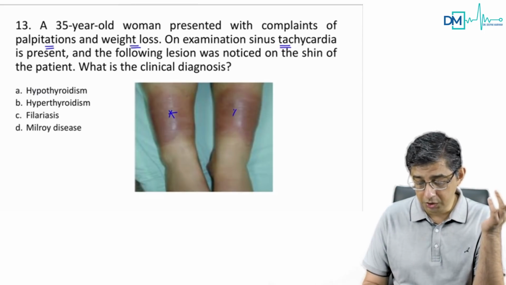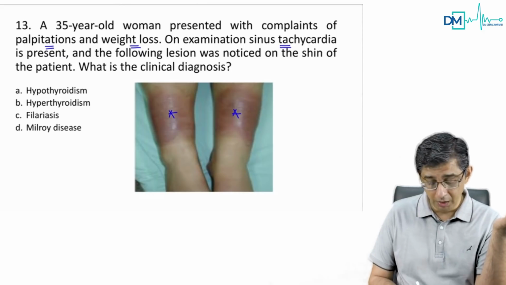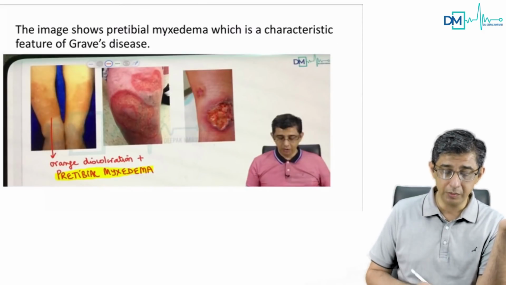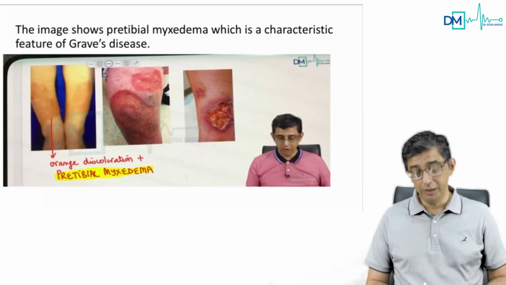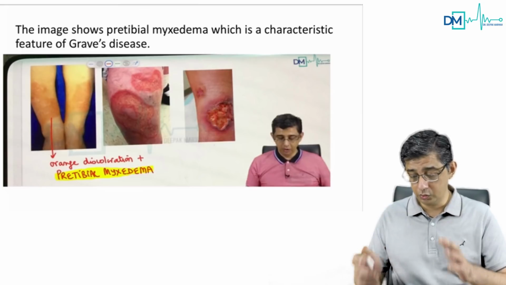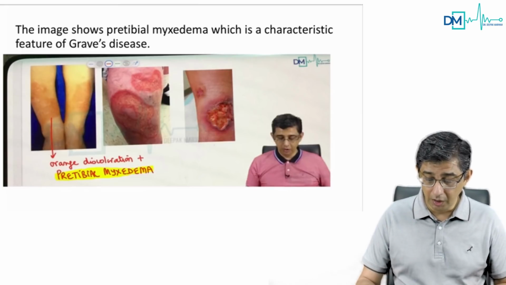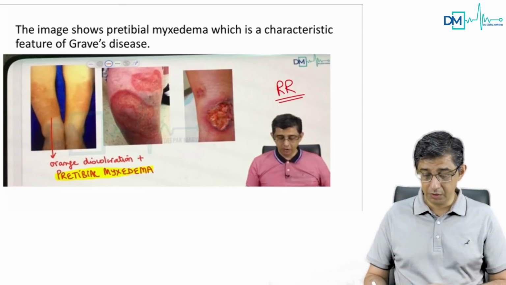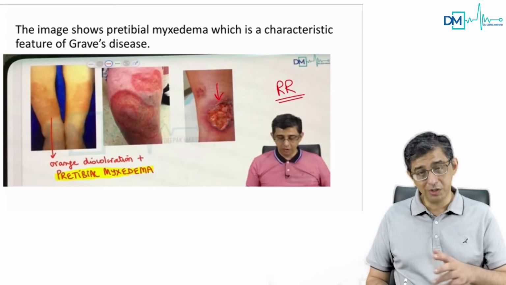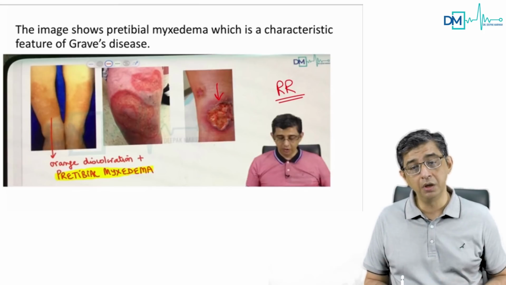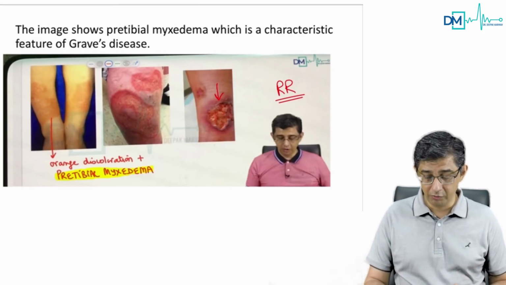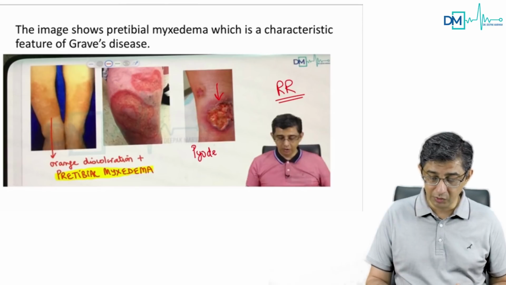On the shin of the person, what is the lesion? You can see in the rapid revision part, I have highlighted lesions on the shin. In fact, if you just go through this one slide of RR, I can assure you that in the GI section, two questions can be solved here. One question will come later. This is the exact or possible image that came of a lesion on the shin of an ulcerative colitis patient. That would be a lesion by the name of pyoderma gangrenosum.